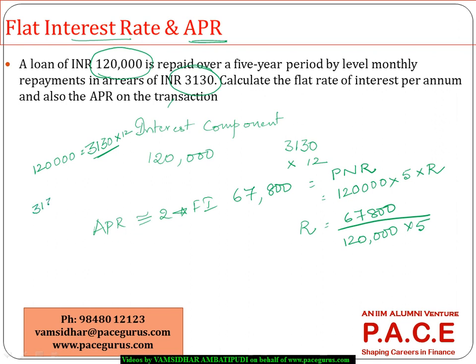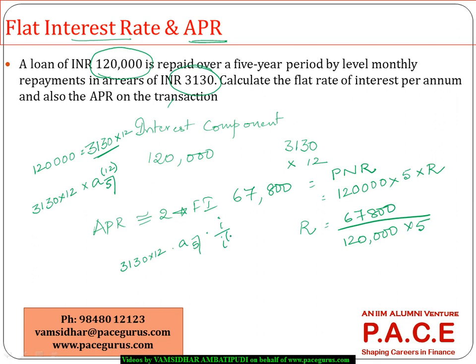So 3130 into 12 is the annual payment, and I can take it as A5, at the rate of i on a monthly basis. So probably I can compute 3130 into 12, and probably I can directly find A5,